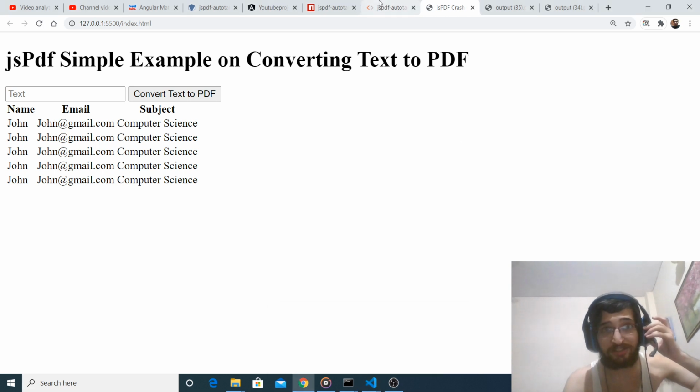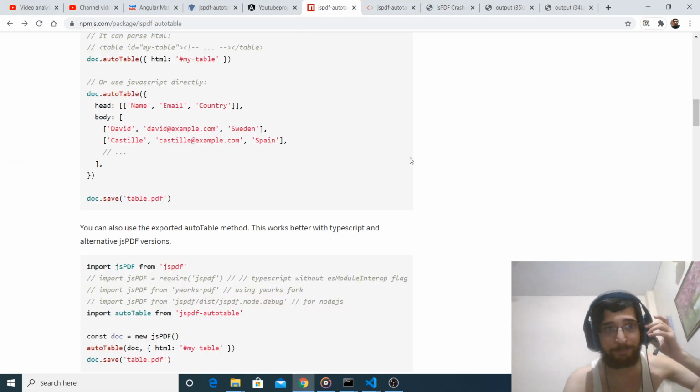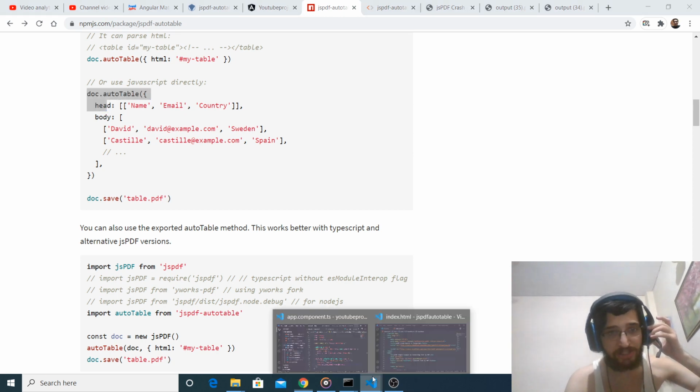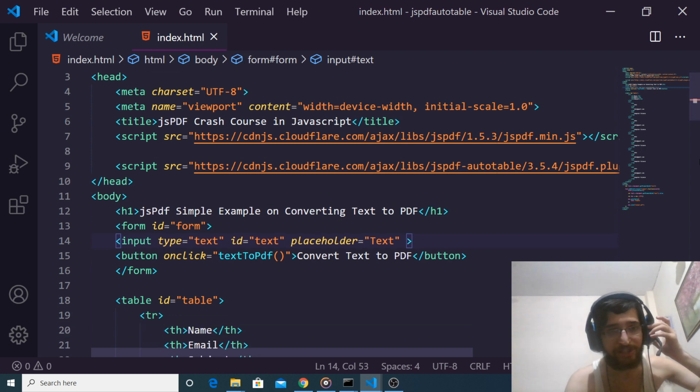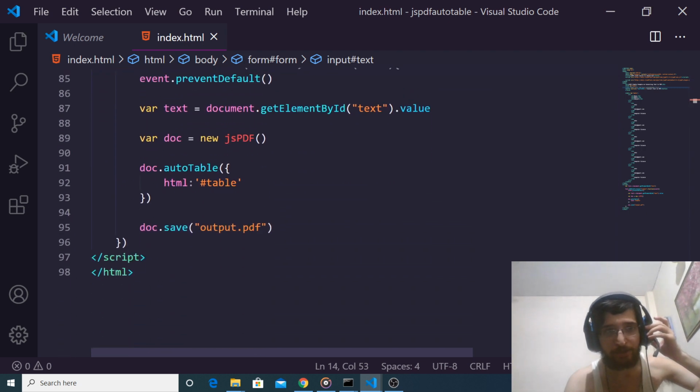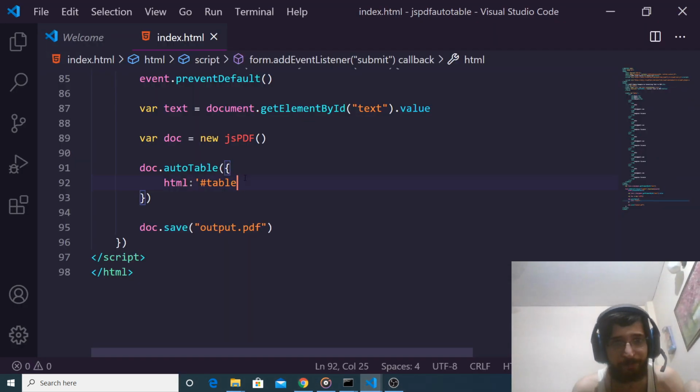The second option, how you can make this table, is by dynamically providing the values. So there is a second option available to you also. If you don't want to take the static table, you can construct this table from scratch using this method. So you can delete this option. Instead it takes the head property, and inside this head property it takes the column names. First is name, let's suppose age this time, and next is the country like this.